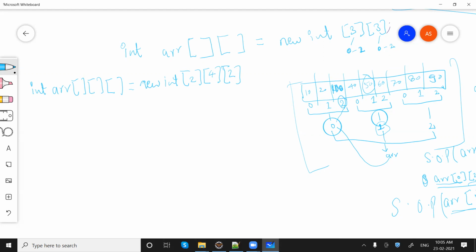Okay, how will be the indexing for this particular case? So in total, how many elements will be there? 2 into 4, 8, into 2, 16. So 16 elements would be there. For example,